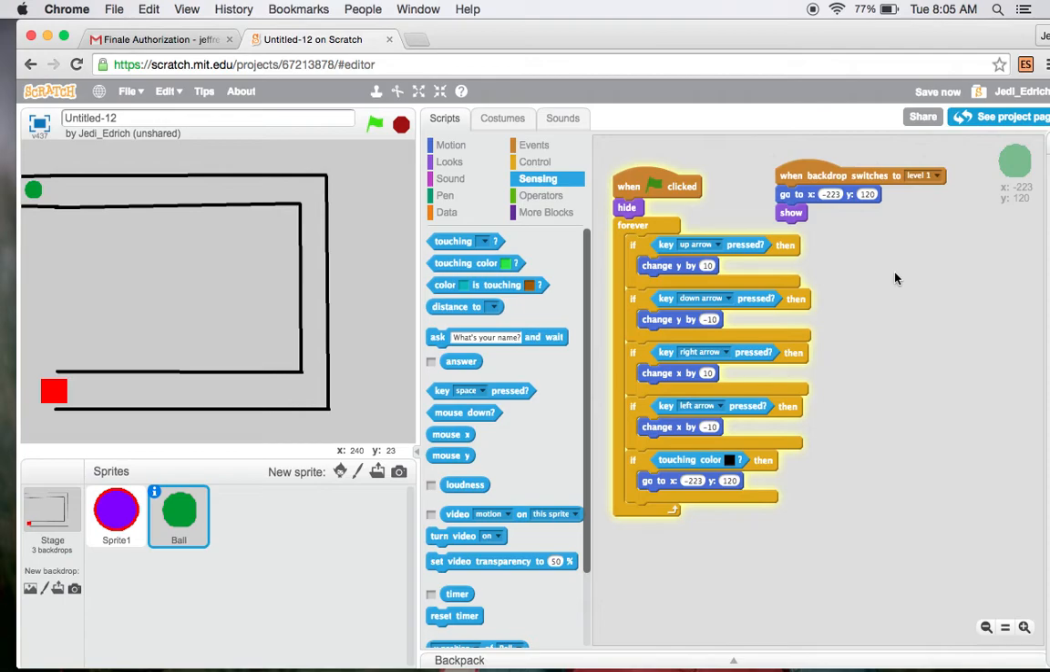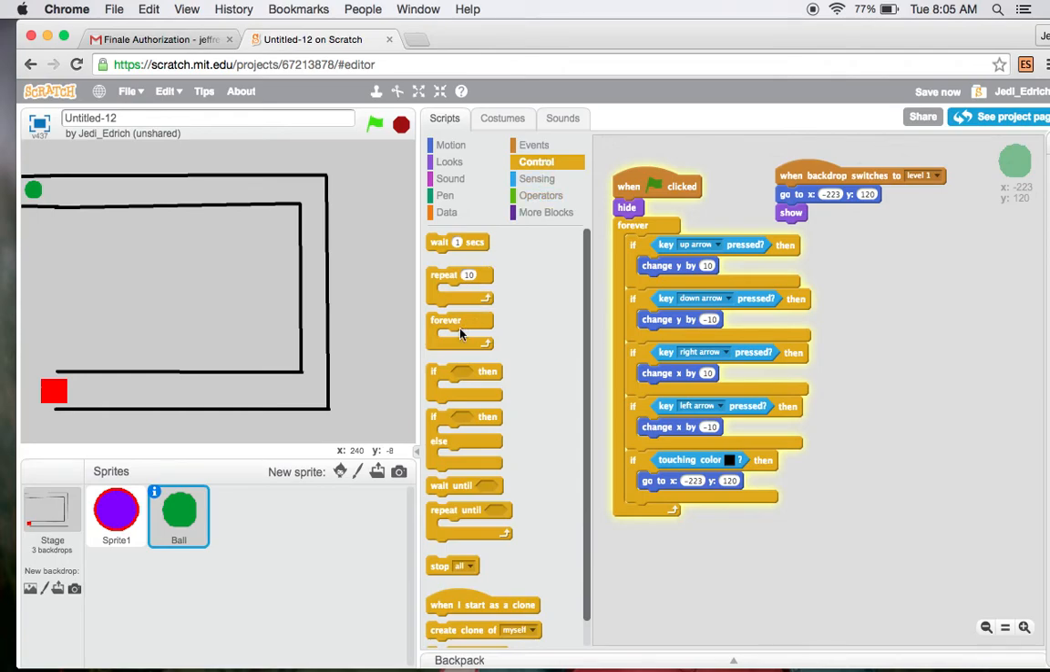All right. There's going to be one more if-then statement in here. We're going to do the same thing. We're going to go to control, and we're going to put an if-then statement right in here. And we're going to grab another touching. Okay. So there are two ways to do this. I could hold down control and click on that and say duplicate and get that one and just stick it in there. Or if I didn't want to do that, I could go back and find it up in here